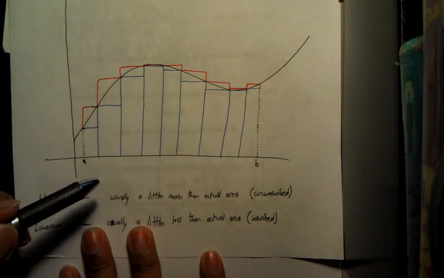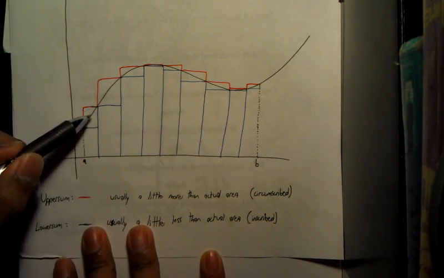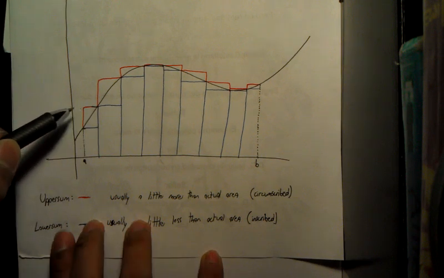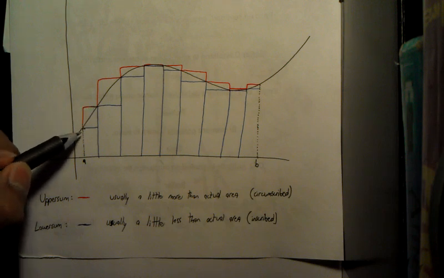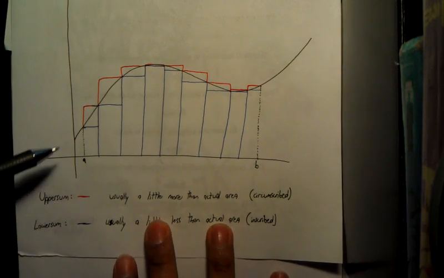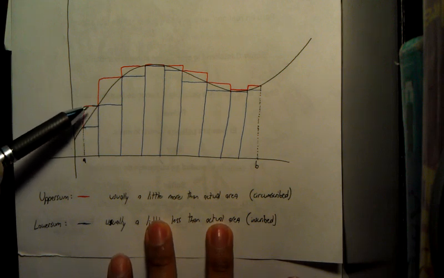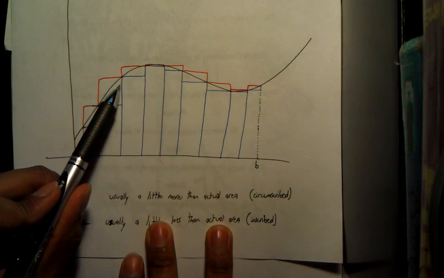The idea of an upper sum is that it's also known as circumscribed rectangles, but the idea is that you're going to approximate the area that's under the curve by creating rectangles that have endpoints on the function. So as you can see here, the upper sum is marked in red and has rectangle endpoints on the right side,